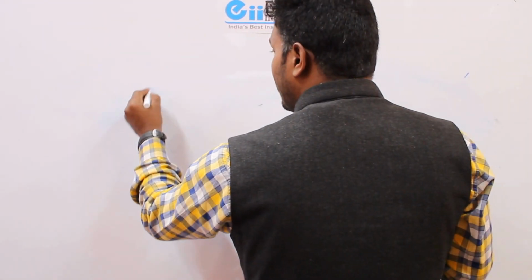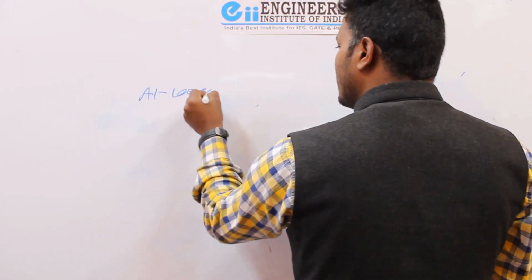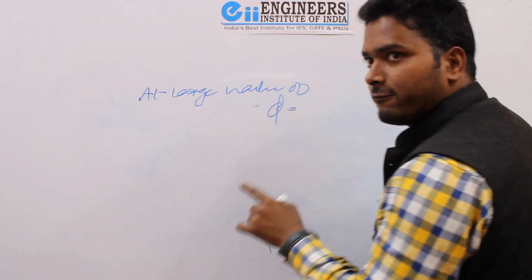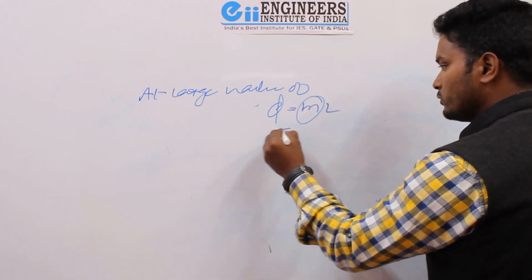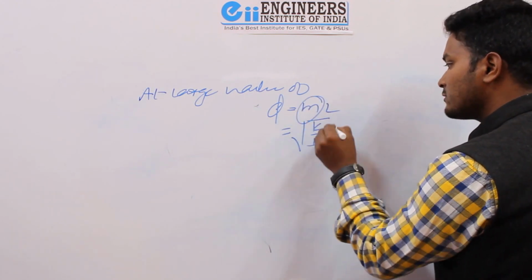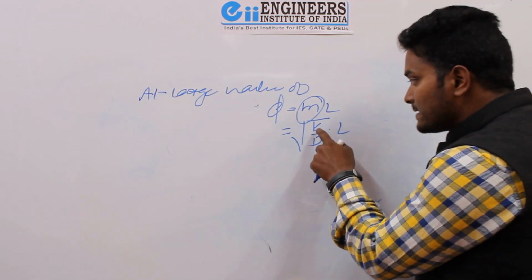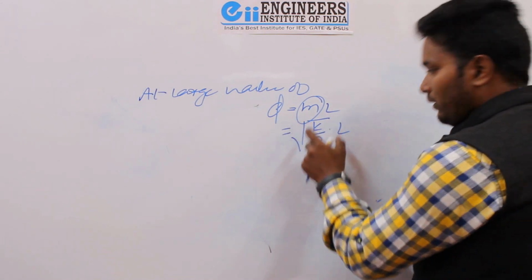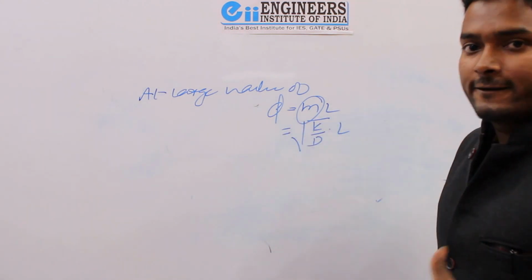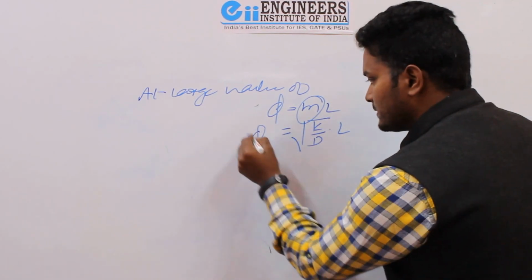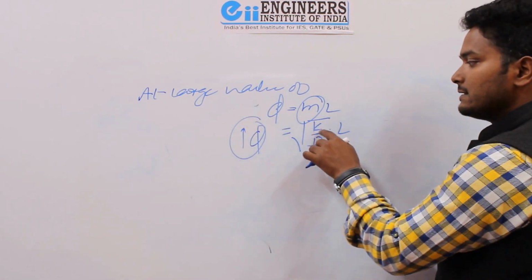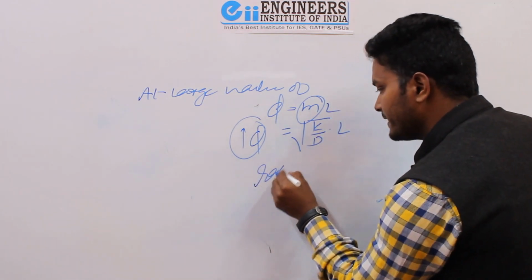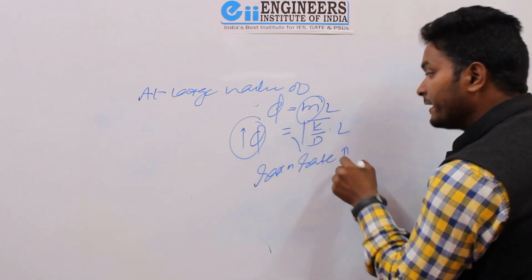Now, they have given a large value of Thiele modulus. As you know, phi is equal to m into L, and m is under root k by D, and L is called the characteristic length. Where k is the reaction rate constant and D is the diffusion coefficient. Now, since they have given a large value of Thiele modulus, when phi is very large, obviously k is very large, which means the reaction rate is very large in comparison to diffusion.